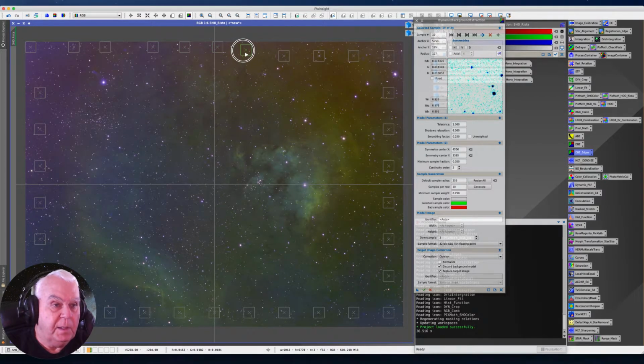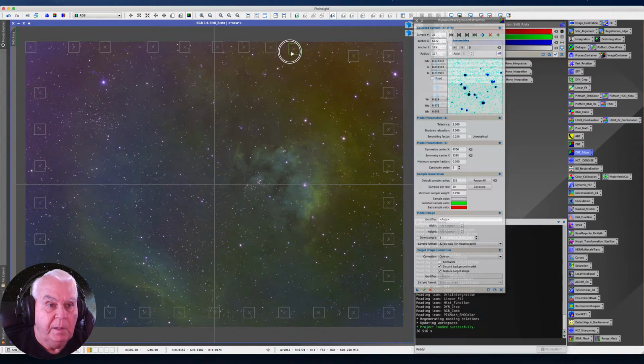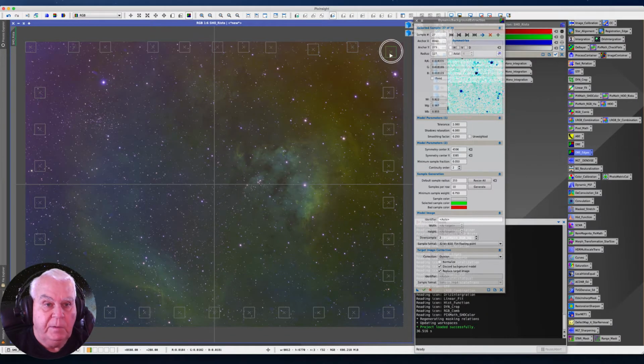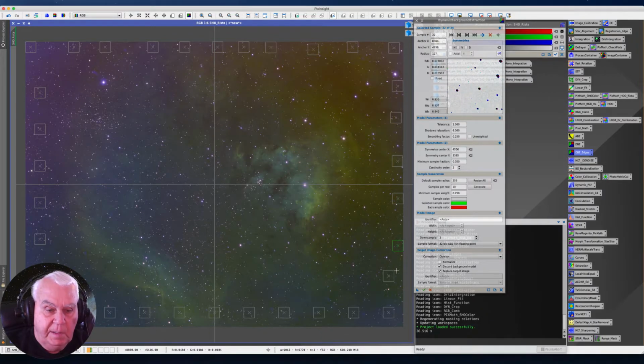I won't deliberately put one in the path of a bright star, but the background occupies much more geography than the star does, and it's the background that I'm going to use to clean up my gradient. And the theory is that the gradient is going to reveal itself at the extremes,